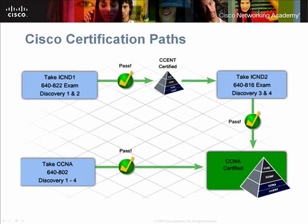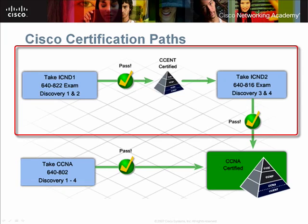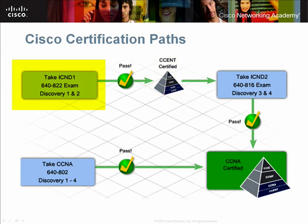There are two paths that can be taken toward earning the CCNA. The first is through successful completion of the Interconnecting Cisco Networking Devices Parts 1 and 2, or ICND-1 and ICND-2 exams. This path provides the opportunity to earn the entry-level CCENT certification upon passing the ICND-1 exam. The ICND-1 exam tests the ability to install, operate, and troubleshoot a small branch office network. The ICND-2 exam tests a candidate's knowledge and skills required to successfully install, operate, and troubleshoot a small to medium-sized